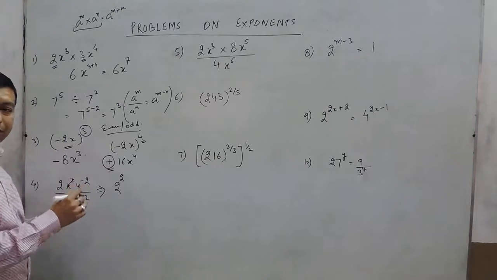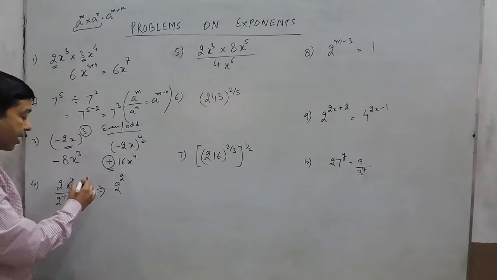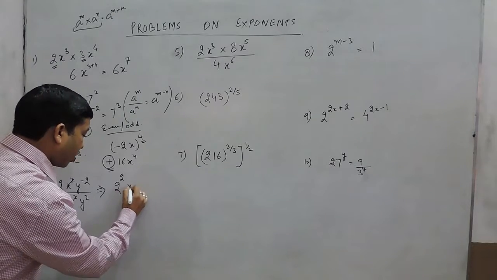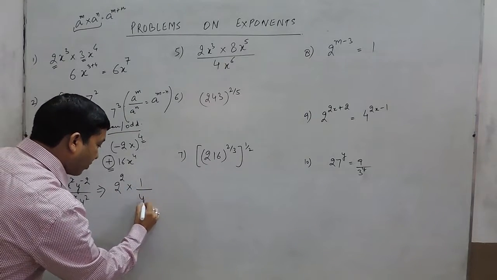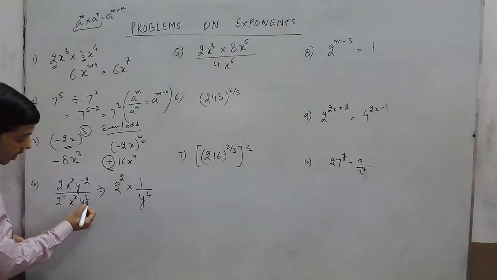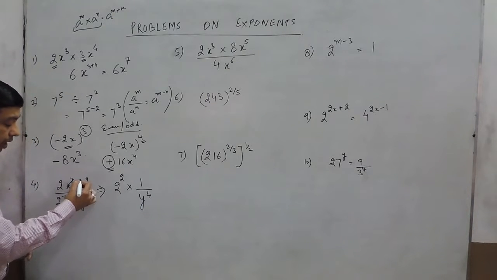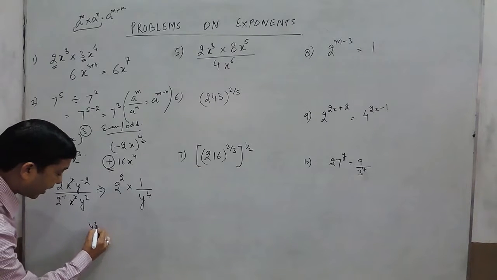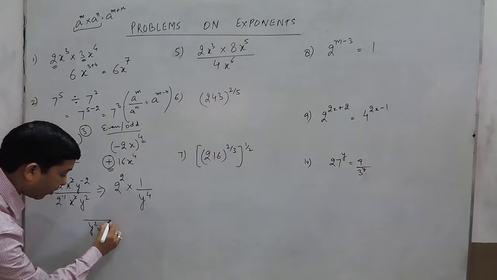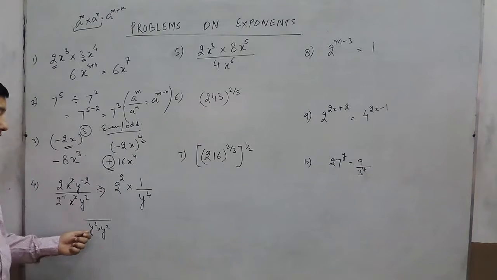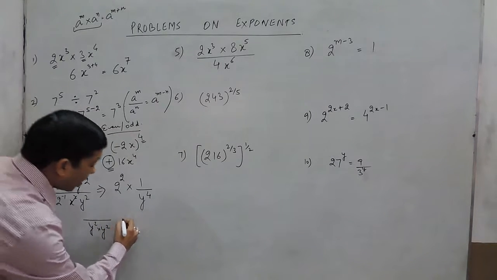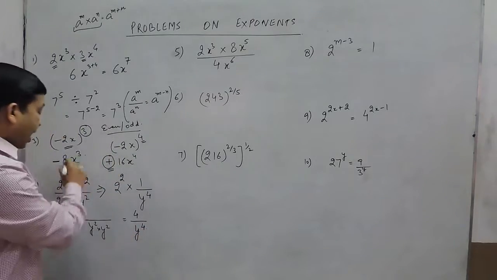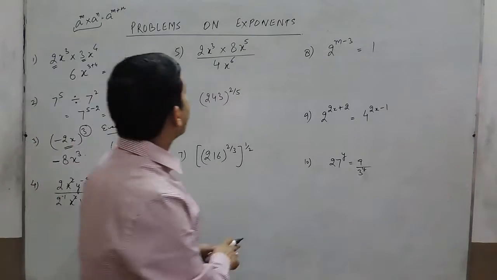So if in case I want to change the power into positive power, then we have to put it in the denominator. So it will come out to be into 1 upon y to the power 4, because here 2 power is already there. This 2 when goes in the denominator, it is y square into y square in the denominator, and again the power has to be added, so it comes out to be 4 upon y to the power 4. This is the answer for this question.